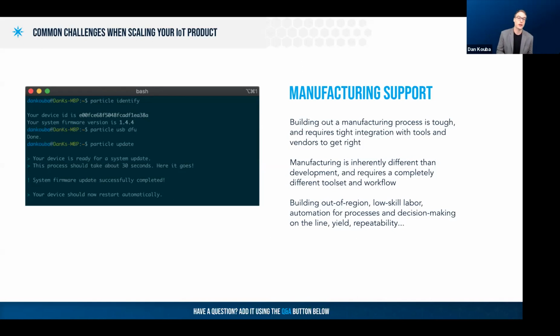So asking your vendor about how they support you in this process is absolutely critical to make sure that you're going to be able to go through this and actually get the thousands of devices you want out in the field. Your vendor's not just there to sell you the devices, they're actually there to support you as well. So a quick note, Particle does offer a command line interface and an open API, and these are the ways that our customers typically interface with our platform on the manufacturing line, making sure that they can claim devices, add things to their products, or even test their devices out.